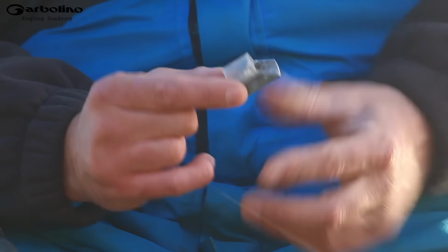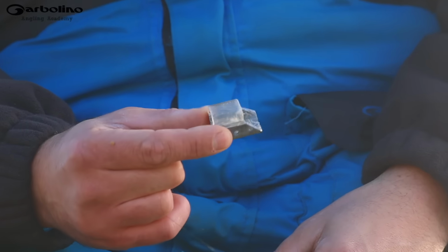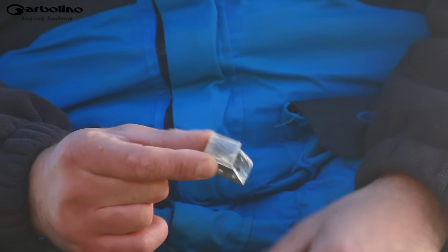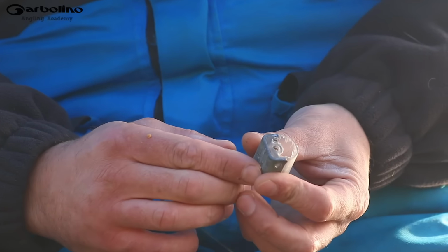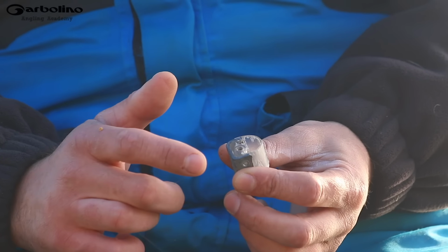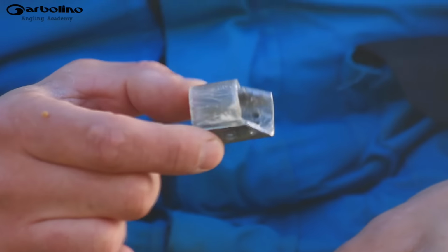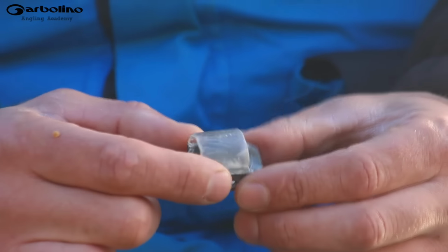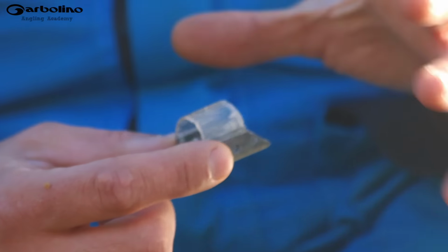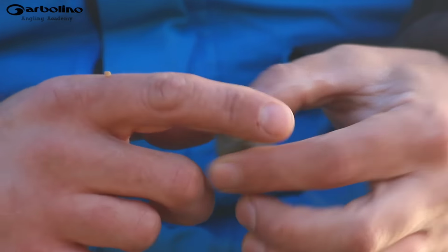So this one here, I'll just start with a little small one, it's a Garbolino 30 gram pellet feeder, which was slightly modified. I'll take the back end out of it. I'll take the stems out of all my pellet feeders. I don't have any stems in my pellet feeders. I don't want them there. I want to see a bit of movement on my pellet feeder when it's on the deck, so it gets the pellets out. So stems gone, take the back end out,